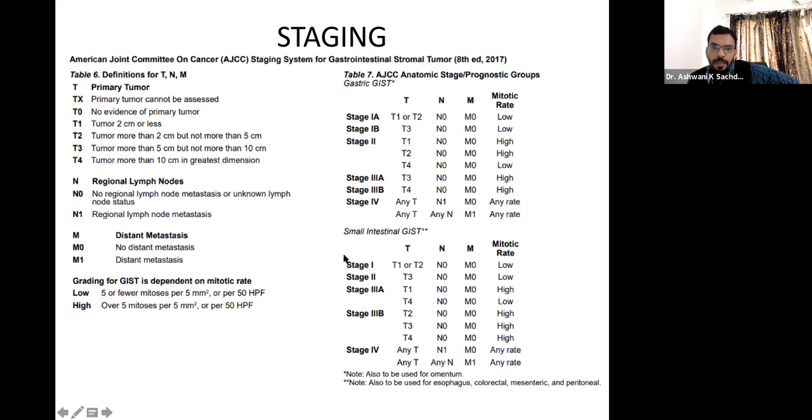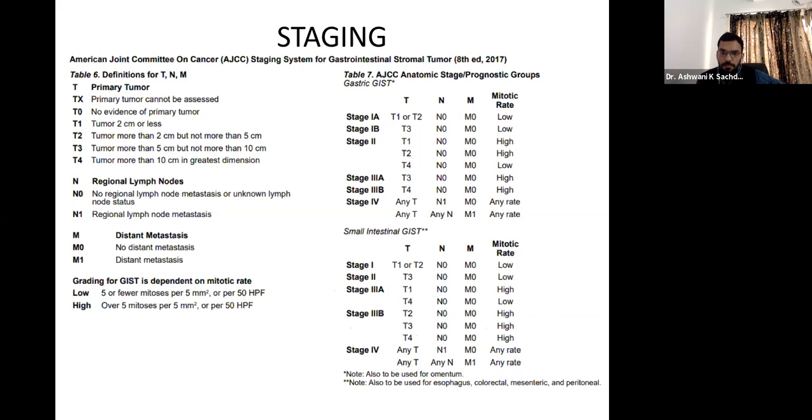Stage 1 is T1, T2 with low mitotic rate. Stage 2 is T3 with low mitotic rate. Stage 3A is T1 with high mitotic rate or T4 with low mitotic rate. The staging is based on the metastatic potential, which we'll discuss in the next slide. 3B is T2 to T4 with high mitotic rate, and stage 4 is any node positive or distant metastatic